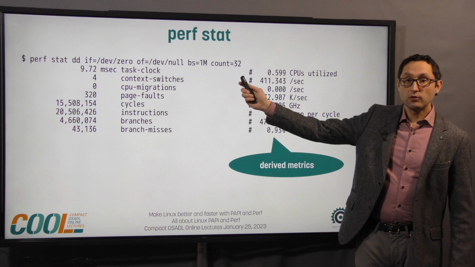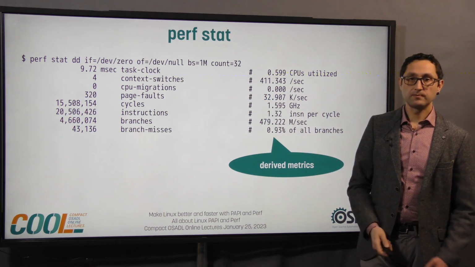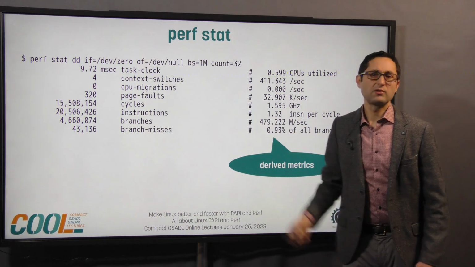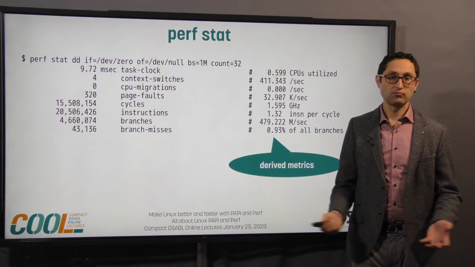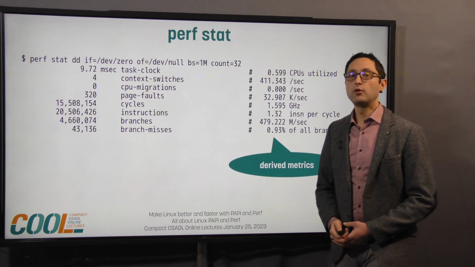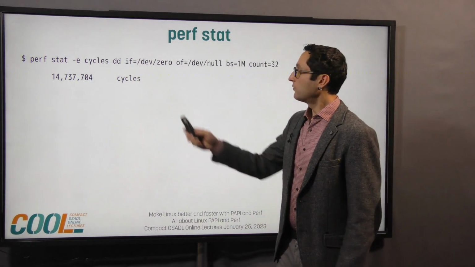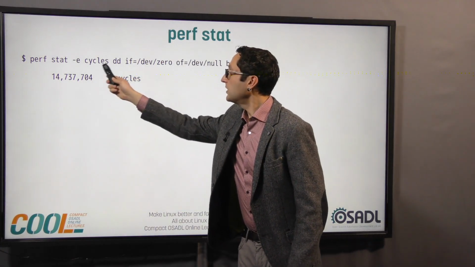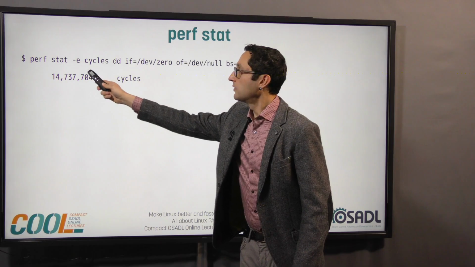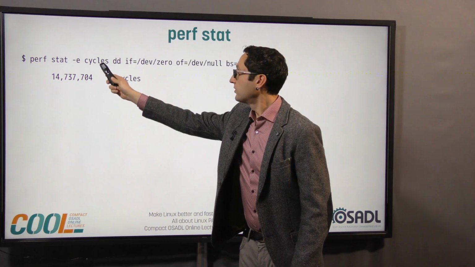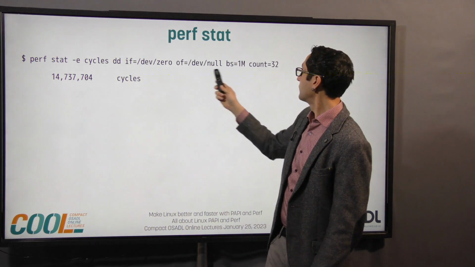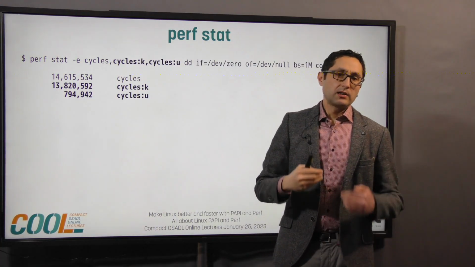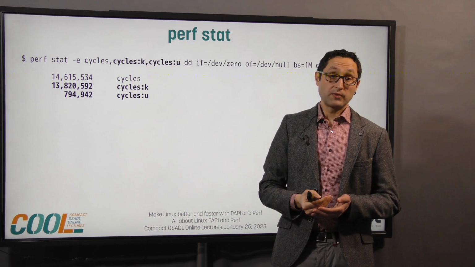We can also focus on specific numbers. We might be interested in the number of cycles, which looks actually pretty high. Well, let's try to focus on that one. So if we want to count just a specific event, we can use the -e parameter of perf stat, which would just tell, I just want to count the cycles for this specific command. Now looking at the number of cycles right here,